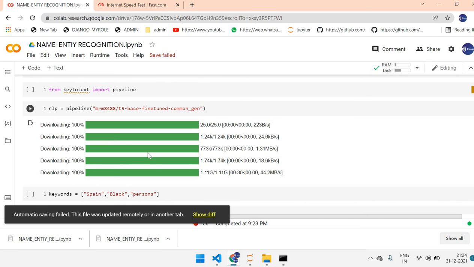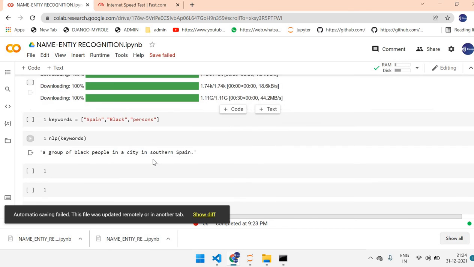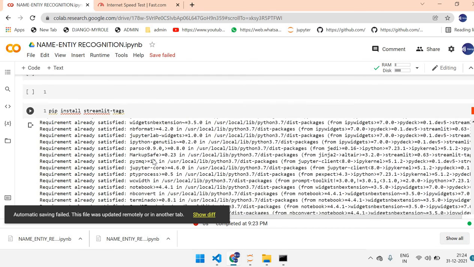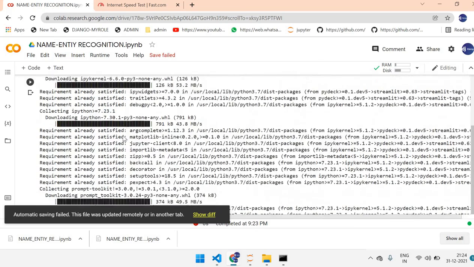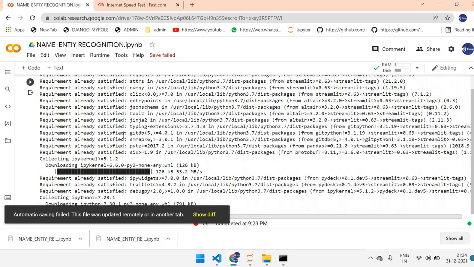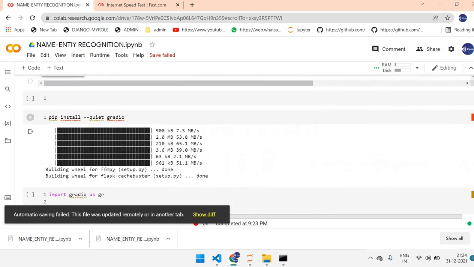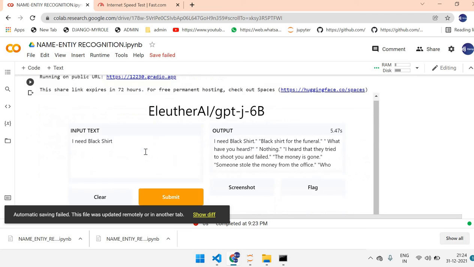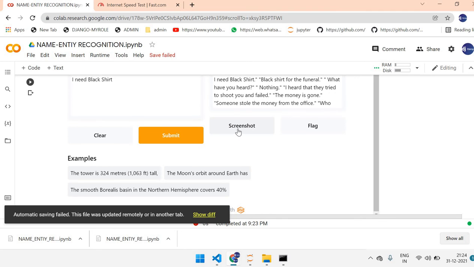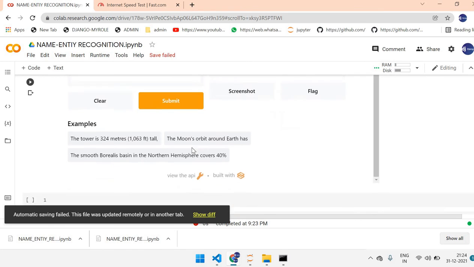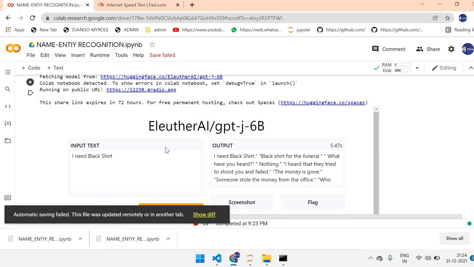Our requirement is working fine. See here, our requirement satisfaction is running. Suppose if I give I need black shot, it will execute. If you want any screenshot, you can take it. So this is the way of formation.